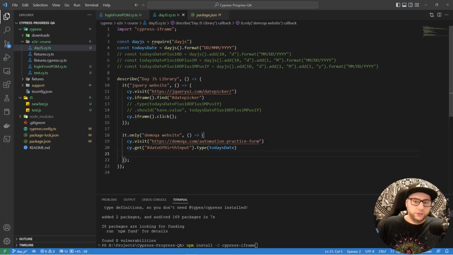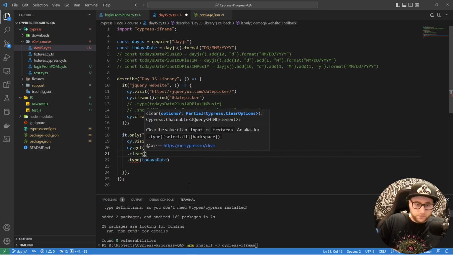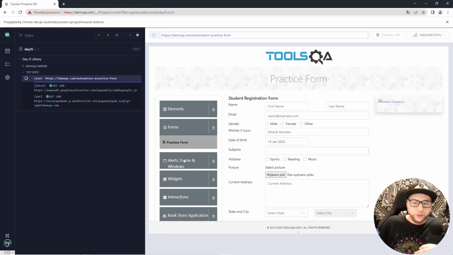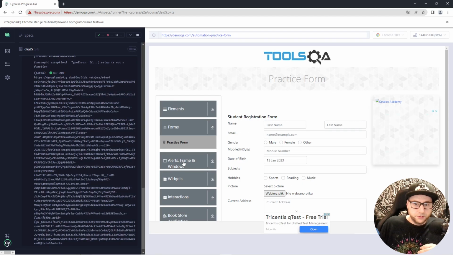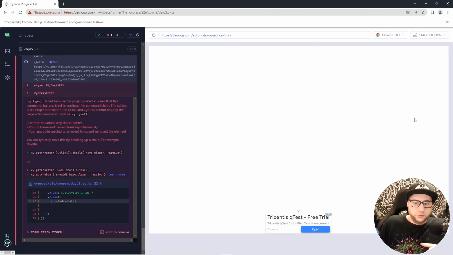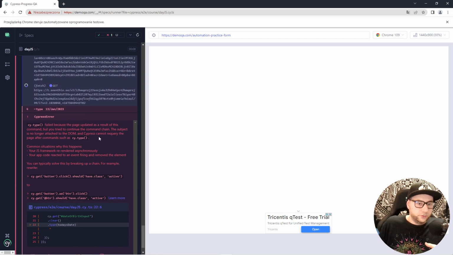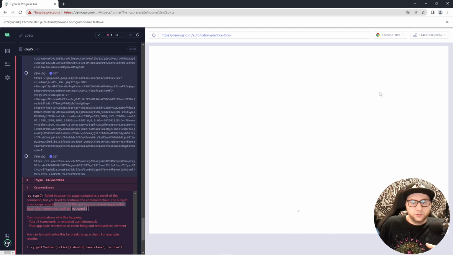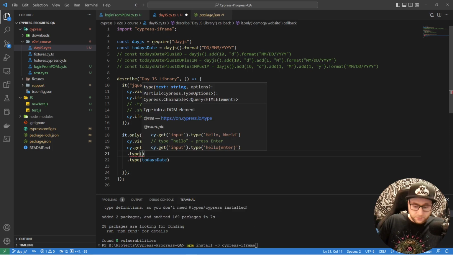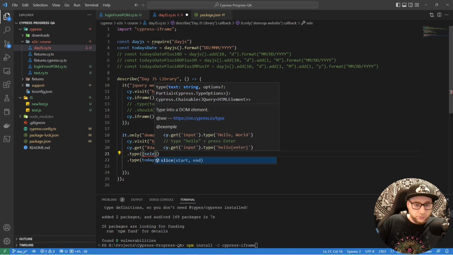So first we need to clear this input, but on this website there is a problem, because when you want to clear it, it works like backspace on your keyboard, and as you can see, it works like back from the browser, and we cannot type because there is an empty view. So we can also use something like that, type and use select all,